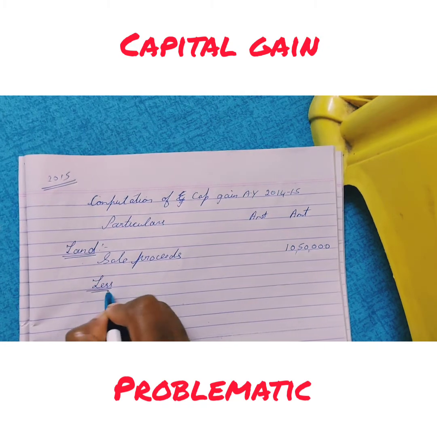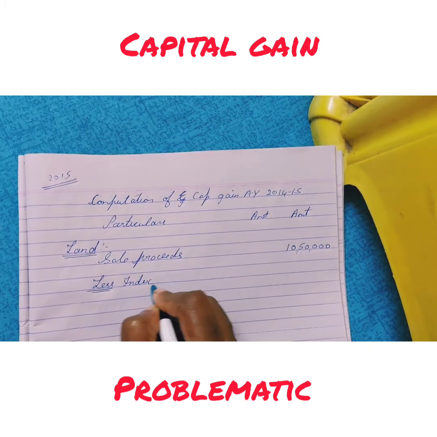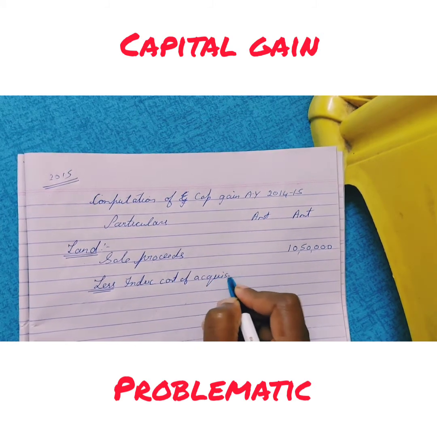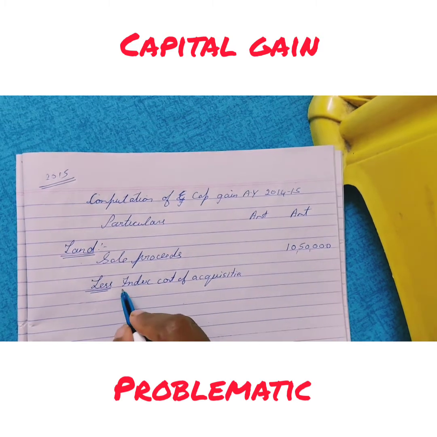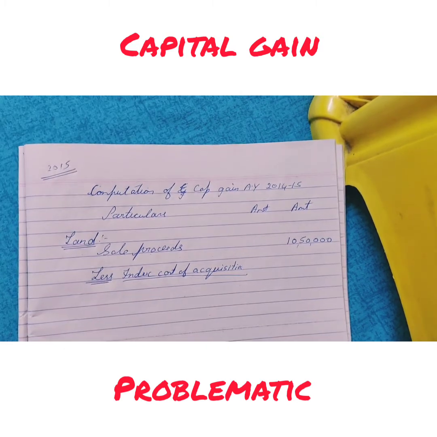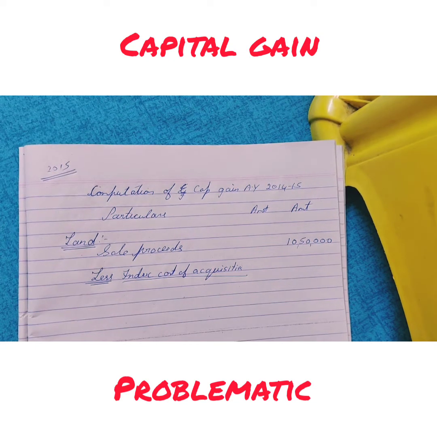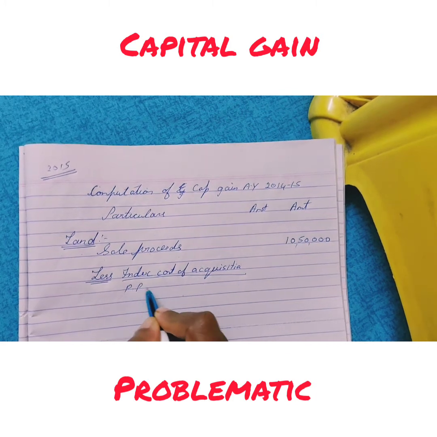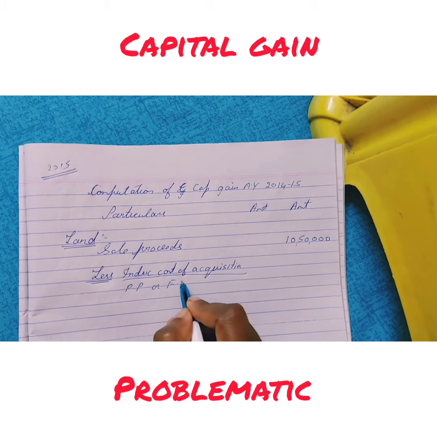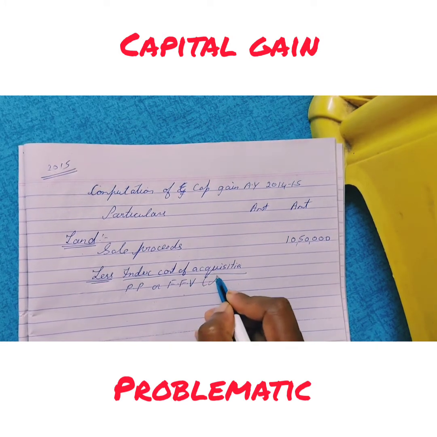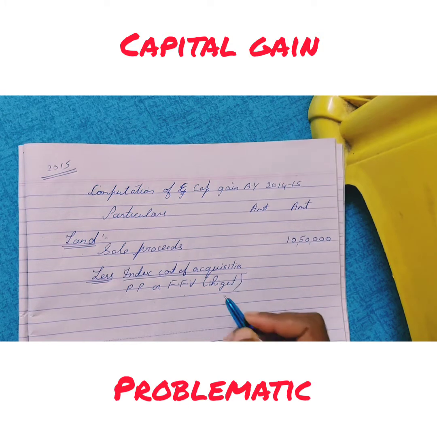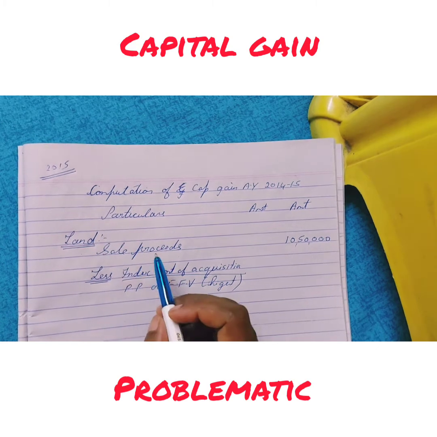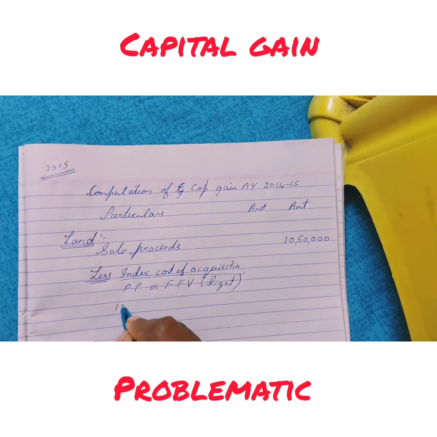Now what do we do? Less: indexed cost of acquisition. So indexed cost of acquisition we have to solve as per the formula. As I told you, always the purchase price and fair market value should be compared, and whichever is highest should be taken. So here in this problem, the purchase cost of land is 40,000 and the fair market value is 1 lakh. So I have taken the highest value, 1 lakh,